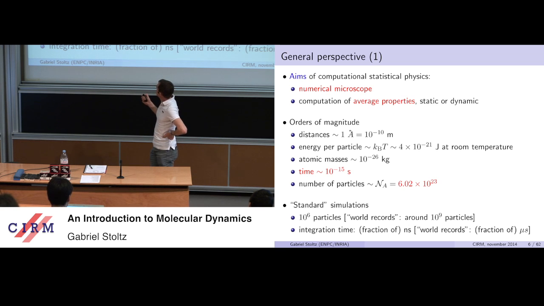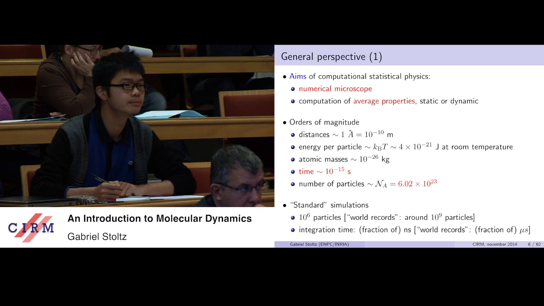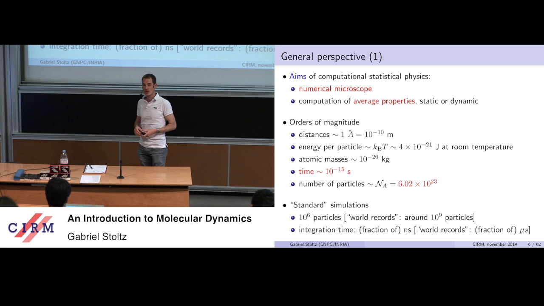So what are the aims of molecular simulation? Knowing that it's a desperate task, there are two things we want to do. The first thing is that we want to have some macroscopic properties coming out of our atomistic models, which means that if I give myself some interaction rules between the atoms at the microscopic level, I would like to know the average pressure in my fluid, or the stress-strain relation in my solid, the heat capacity, the thermal conductivity, and so on and so forth.